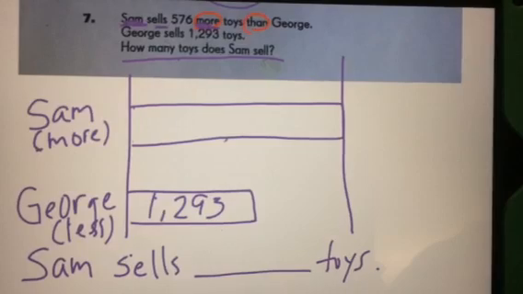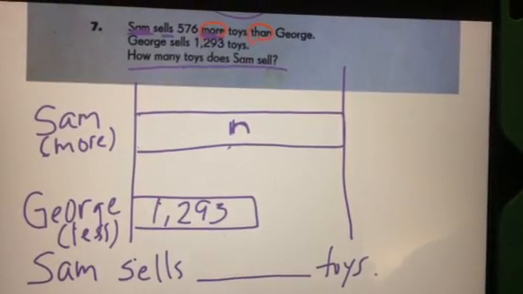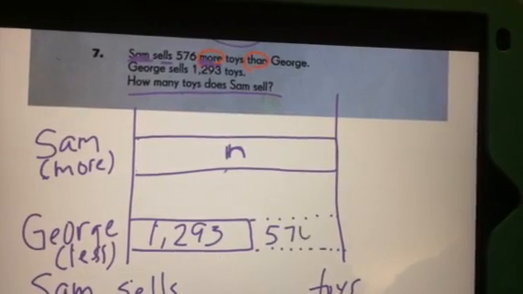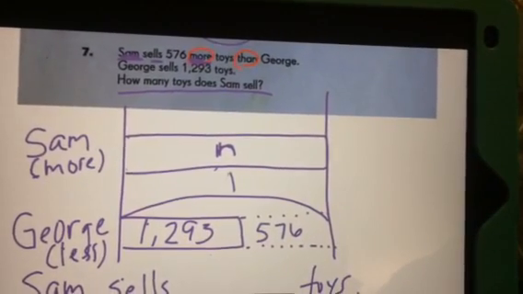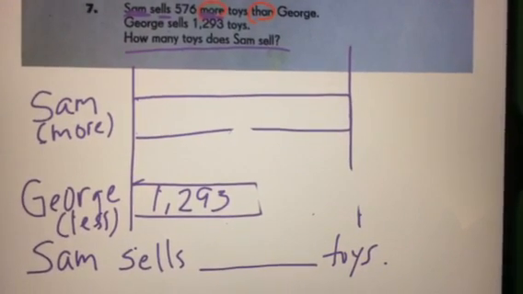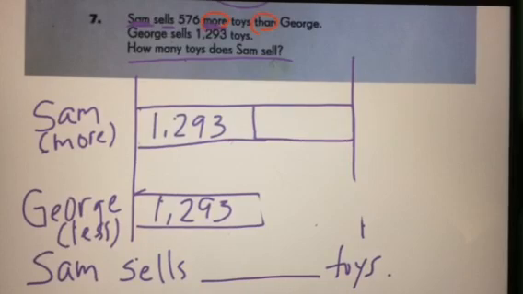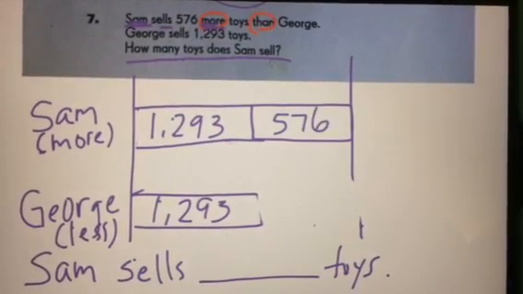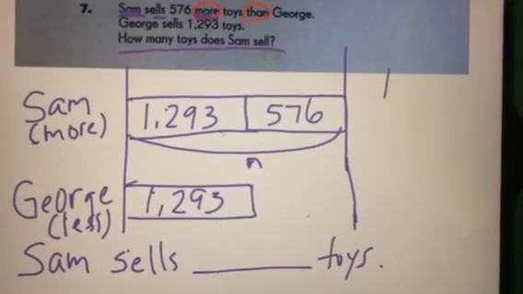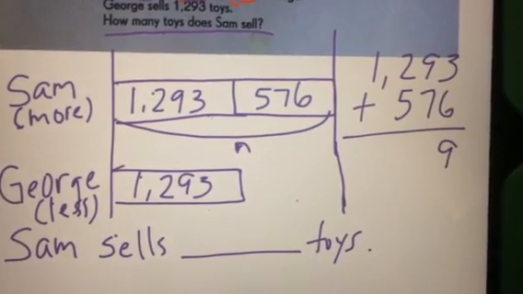Now, again, there are 2 ways of doing it. We are trying to find out the unknown number for Sam, so you can make his entire bar the unknown number n, and you could do the dotted line here to say, well, George sells 576 less. You could add these 2 to get the unknown number, or erase that. If it's easier for you to see that Sam is starting off with the same number as George, but he sells this many more, then you're like, okay, I can add these 2 numbers to get my unknown number for Sam. So either way, you are adding those 2 numbers together to get the answer of